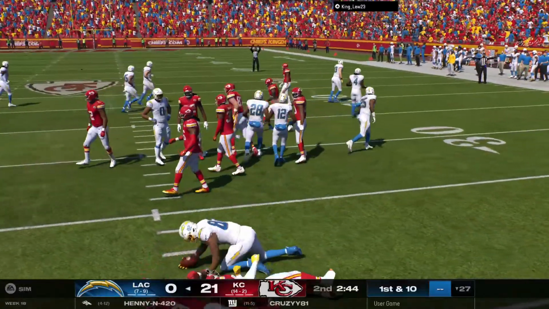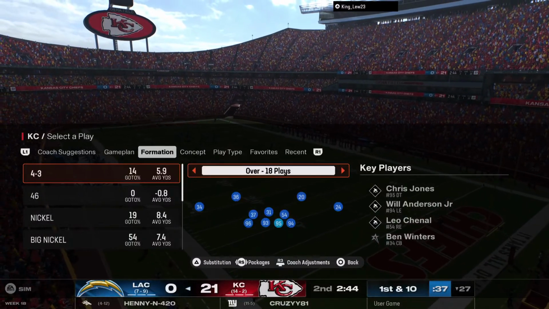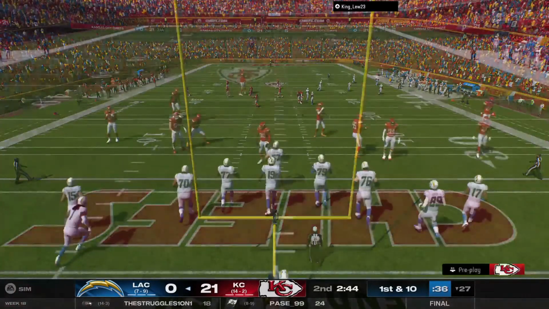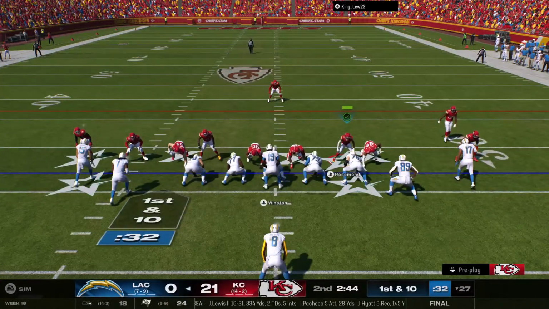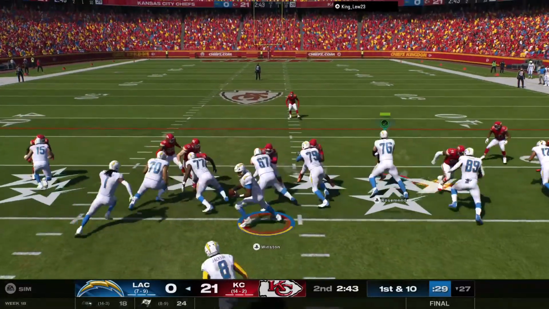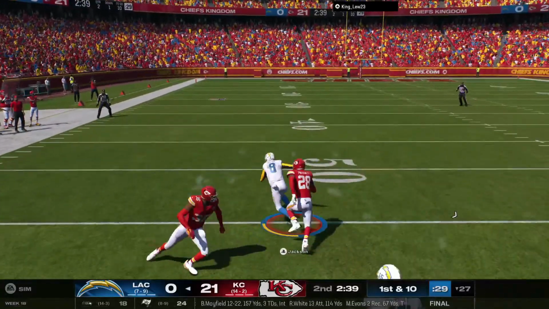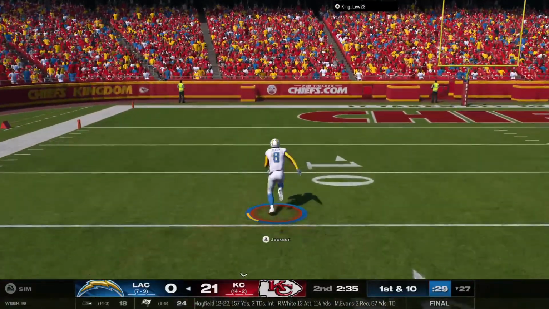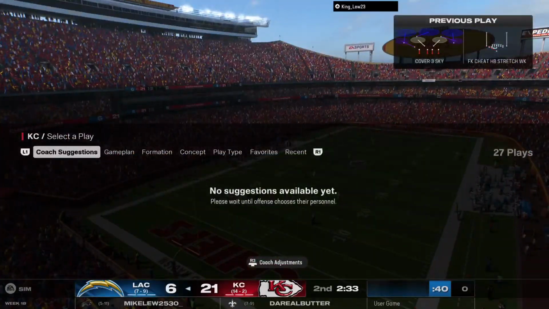He stopped on the return at the 27. Offense ready to begin this drive. First and 10. Ready. They motion the slot man right. On first down, they'll run. Finds a seam, left side, he's off to the races. To the house, touchdown